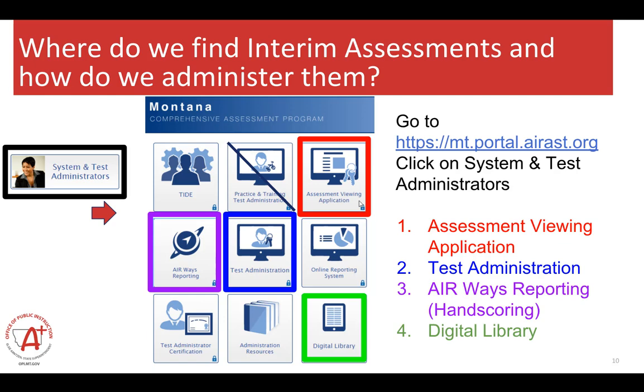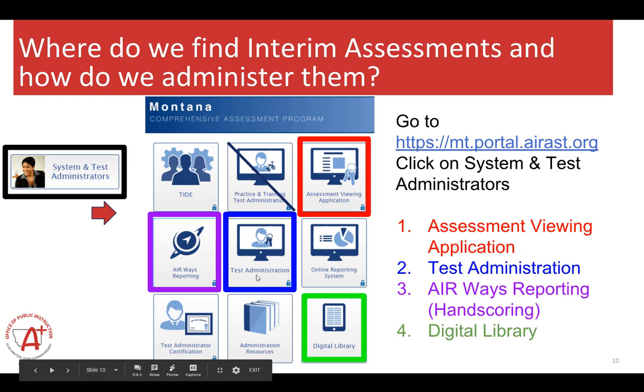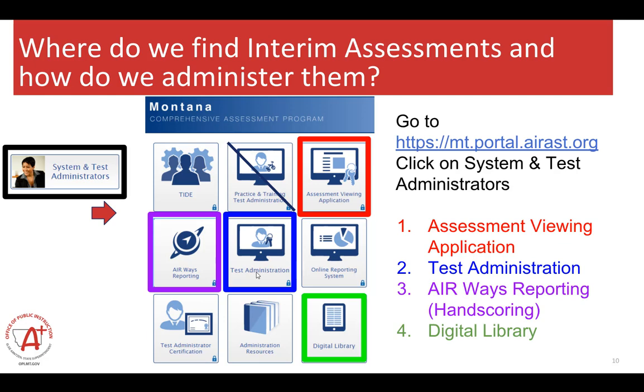We want them to know what they're administering to their students. The second button is this test administration button. Teachers are familiar with it. They use this. It's the exact same process as the summative assessment. Ahead of time, teachers will need to have completed that test administration certification. They'll need to have those secure browsers uploaded onto all their student computers ahead of time, and it runs exactly